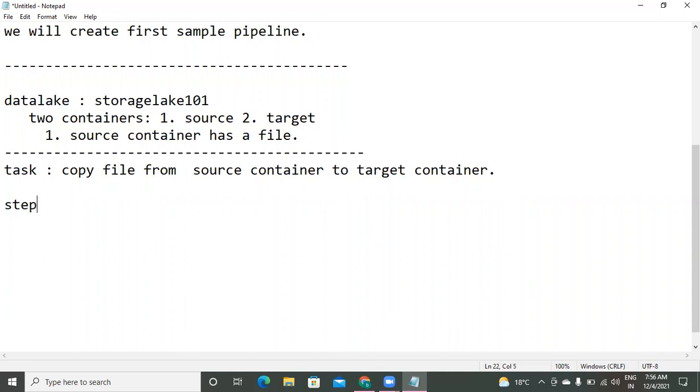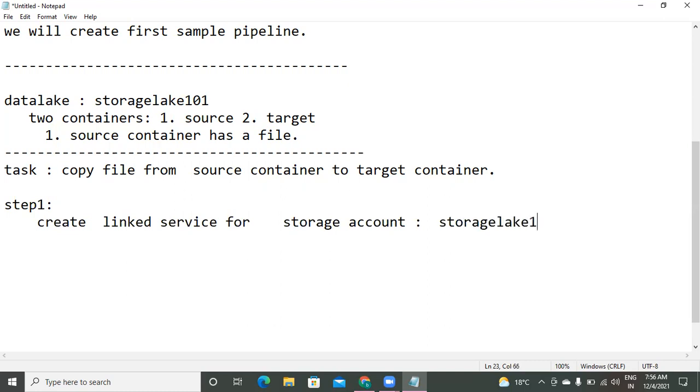Step one: create a linked service for the storage account of your Data Lake Gen 2. The storage account name is storage lake 101. So this is the work we are going to do.